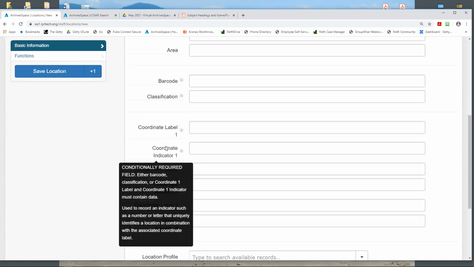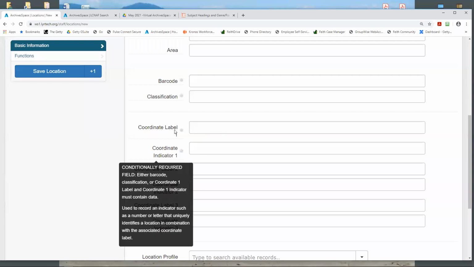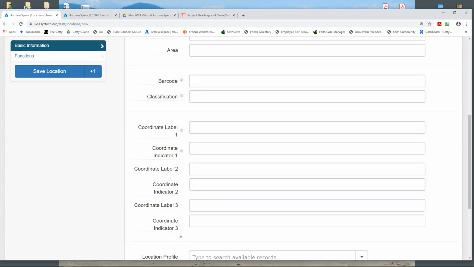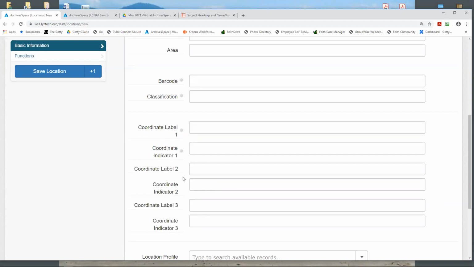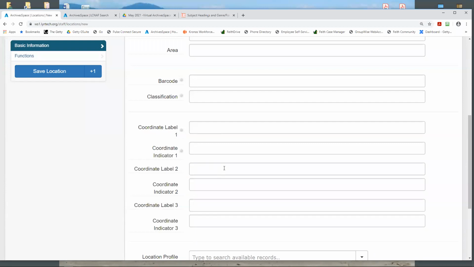Coordinate was chosen as a very generic term, so that if your coordinates in your stacks were, say, range 1, column, so range 1, and this again is hierarchical, so it might be range 1, column 14, shelf 26. It could be aisle 10, column something, or sometimes it's section. It might be aisle 10, section 14. So again, the label was meant to be something that you fill in for whatever you call the widest part of your stack section. And it might be,